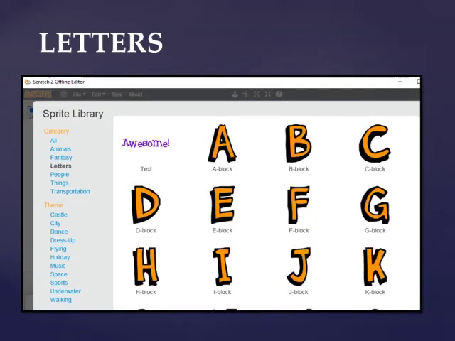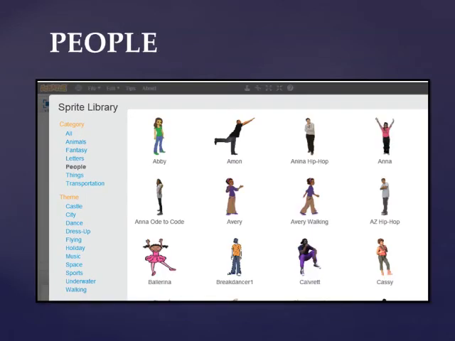Next we have letters. We can also use different letters in our Scratch programming. Next we have people. If you want to make an animated movie based on some people performing some action, you can choose people from the sprite library.